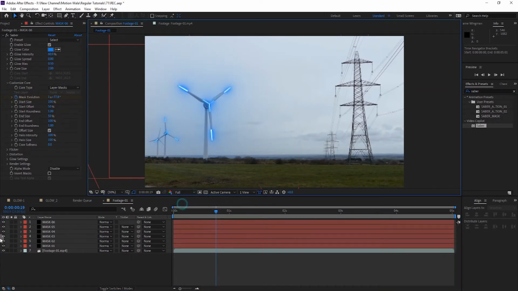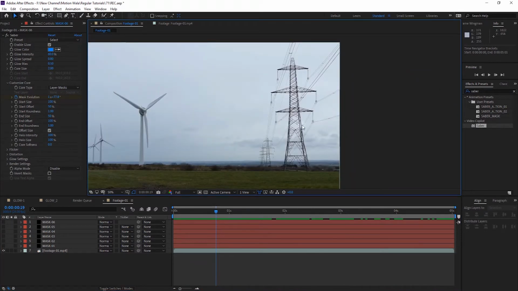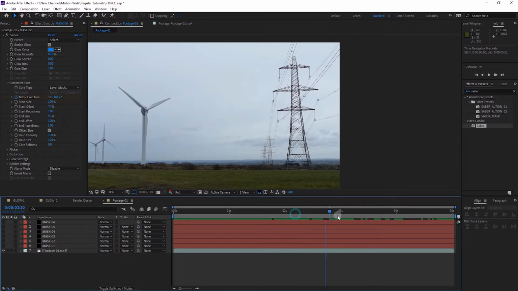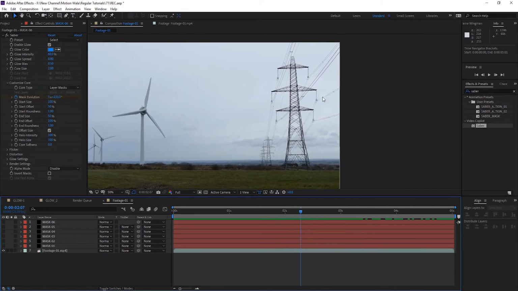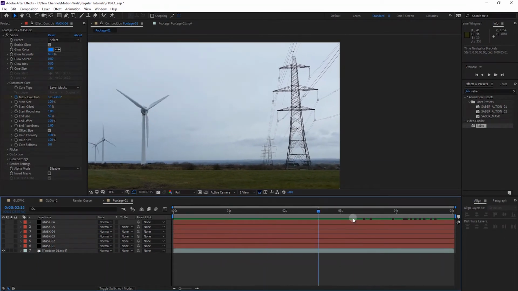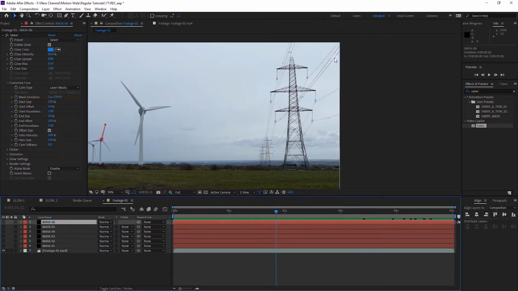So now let's move forward to the next thing in this footage, which is these wires and this electric tower. You can see these wires and this thing here. We will trace this as well, and you can see the camera is moving. To trace this, we can manually do every wire like we did for this one, but this will take a lot of time.